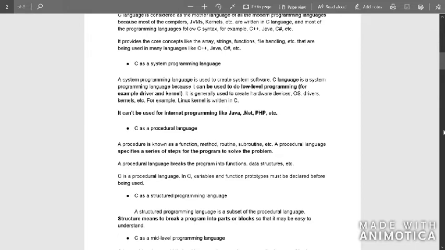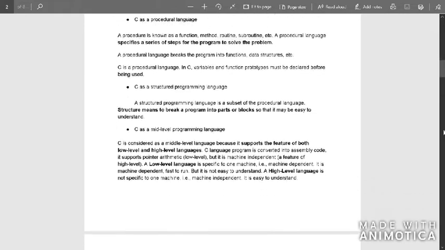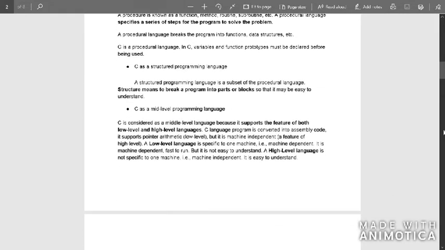Now C is a mid-level programming language. It is said to be a mid-level programming language because it has features of low-level programming language as well as high-level programming language. Now C language is converted to assembly code. It supports pointer arithmetic, but it is machine independent. Being machine independent means the same program can be executed on different computers, and it would still give the same output.